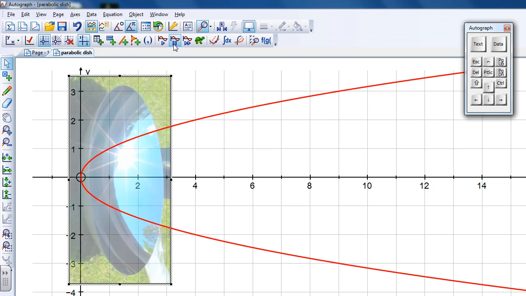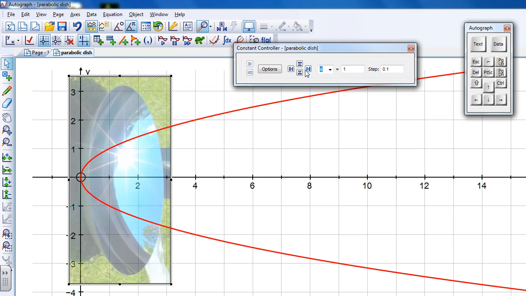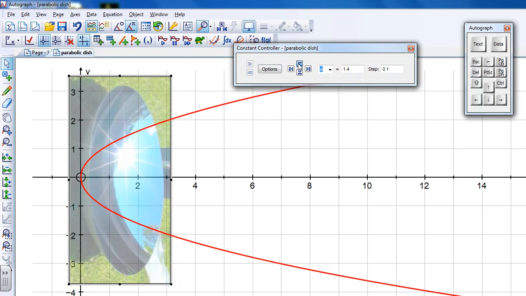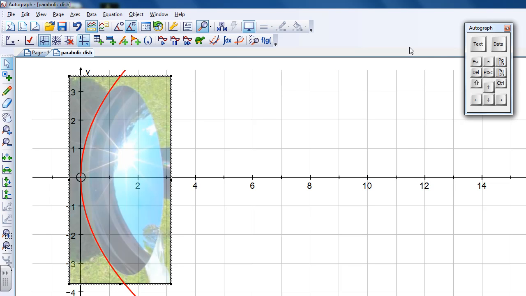And then using the constant controller, I'm going to change the value of a so that it sits along the edge of the parabola. Just going up a little bit more. And it seems to be about 9, so it looks to be about 9, a is 9. So I'm going to first of all put a point onto the parabola,